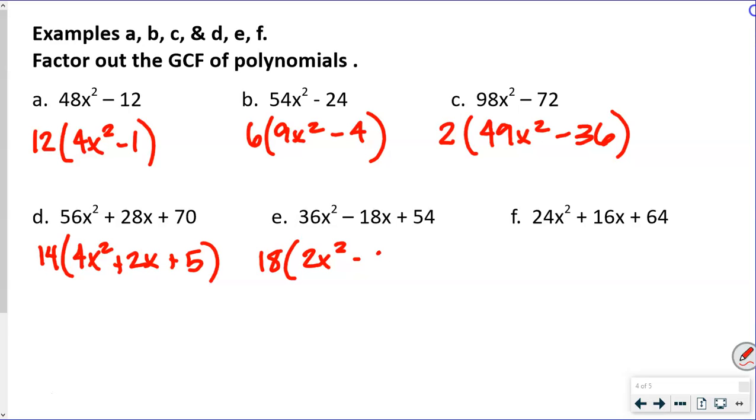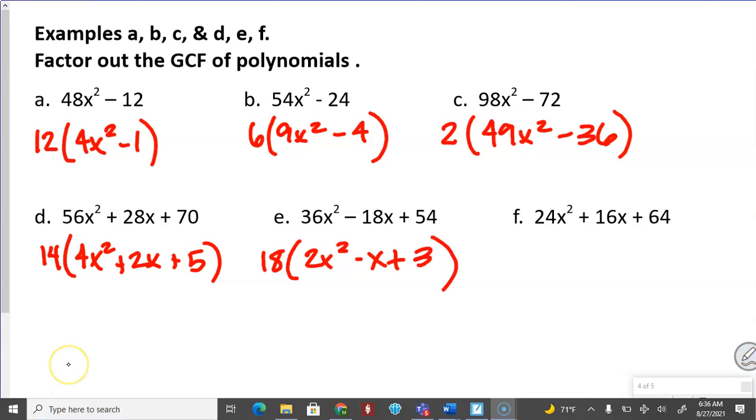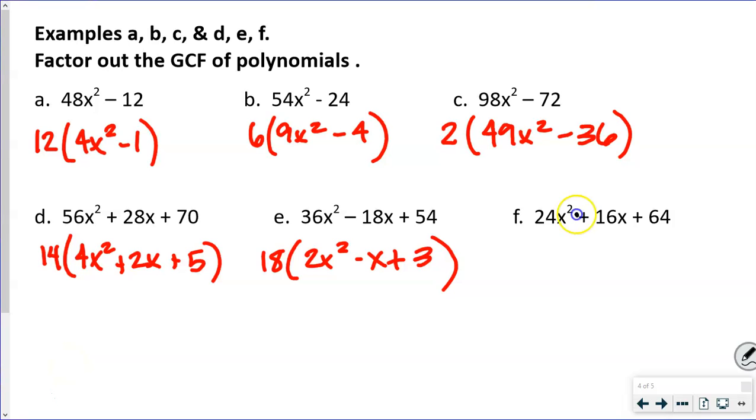And then over 3. Okay, now this last problem, mine looks a little bit different than y'all's, so I'm going to go ahead and add the y squared and the y to the third and the y to the fifth. Okay, so now